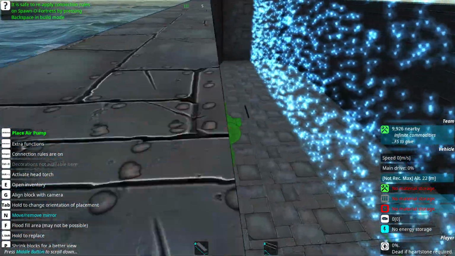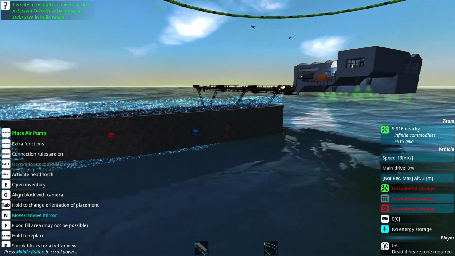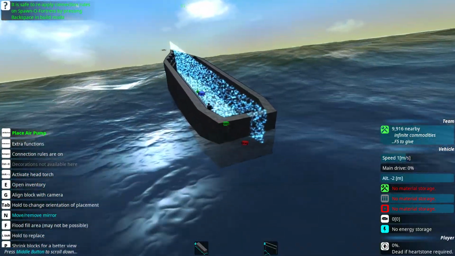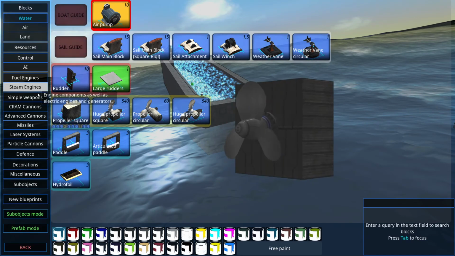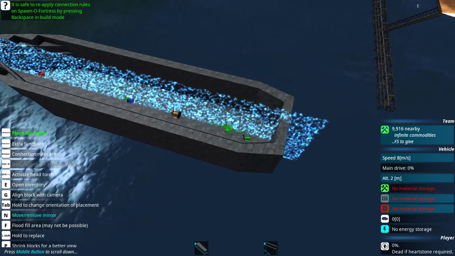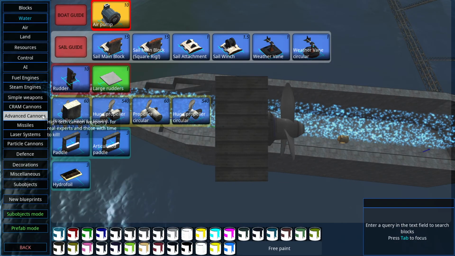Go for a water pump. Let's check the flotation on this at the moment. Yeah, looking okay. Right. Try to think what the best thing to design first would be. Maybe the weapons, and then put the hull around it. Right, so...